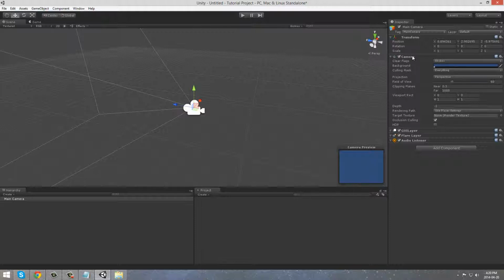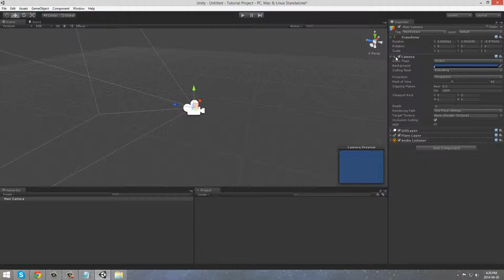Then you've got your camera component, in this one specifically. Not every game object has a camera. You could literally add billions of components to anything you want, and the range of components is just huge. But what the inspector does is it tells you all the components in the game object, and it lets you specify variables and add scripts and